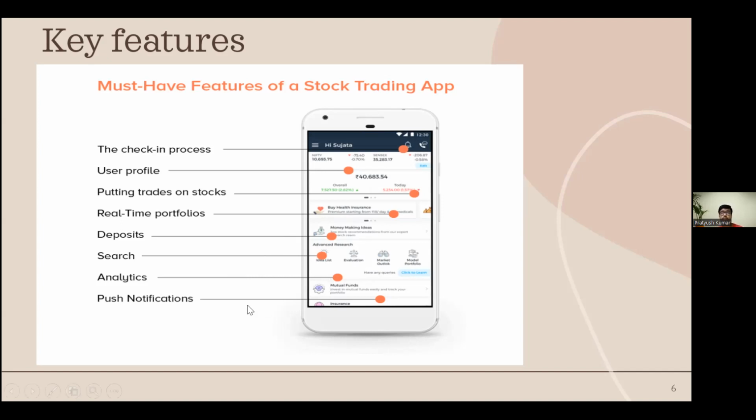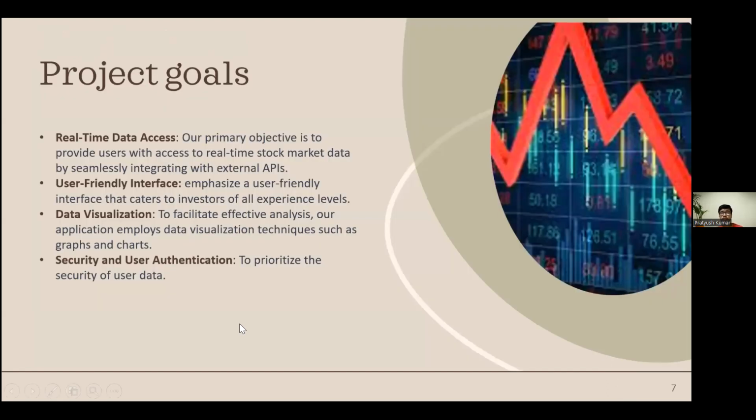Apart from this, it should have a notification system so that if any stock is going upwards, the user can get a personalized alert to invest in that particular stock which is going upwards, or sell the stock which is going downwards. So the basic project goals were to achieve these things: first, it should provide real-time data of all the market trends